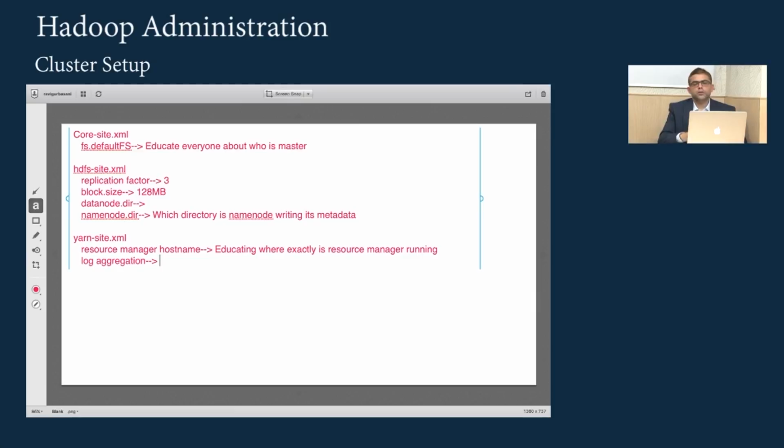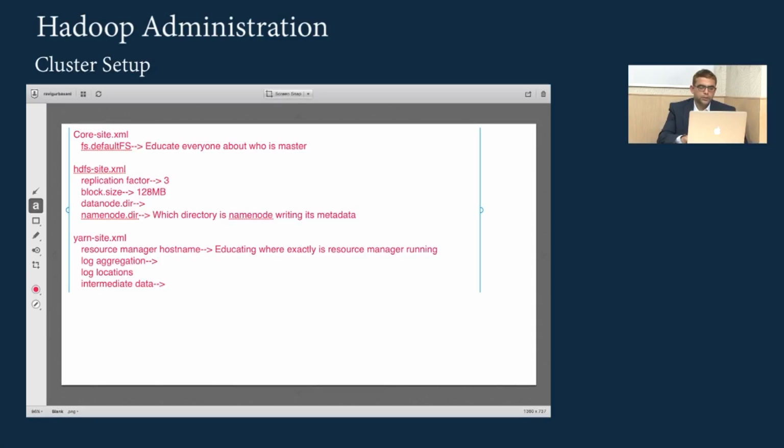Now if you look at logs, each machine will have its own logs, and that's going to be very, very difficult for us to track. So the better idea would be to put all the logs in HDFS and we can look at data or logs from HDFS. Then you specify log locations, so where exactly will the log go. And the most important, or the fourth setting that we are going to have is the intermediate